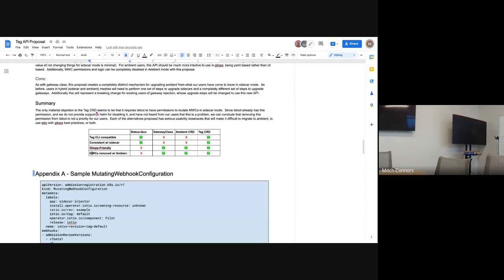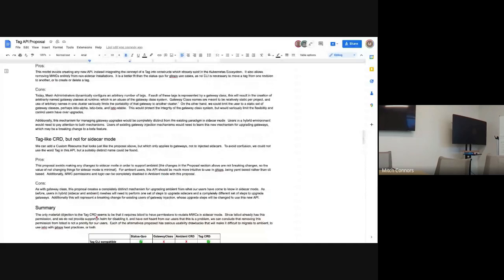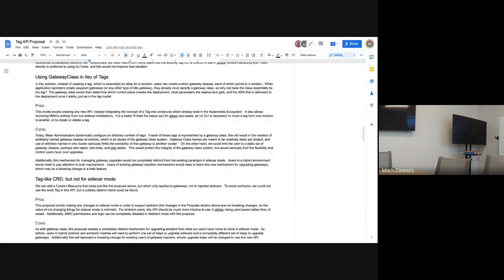And then the last is one of the objectives, and I feel really strongly about this one. We should not have mutating webhooks present in ambient mode if sidecar mode is disabled. That's a security vulnerability. So those are the ways that I'm judging these different options, but I wanted to invite you all to consider that.